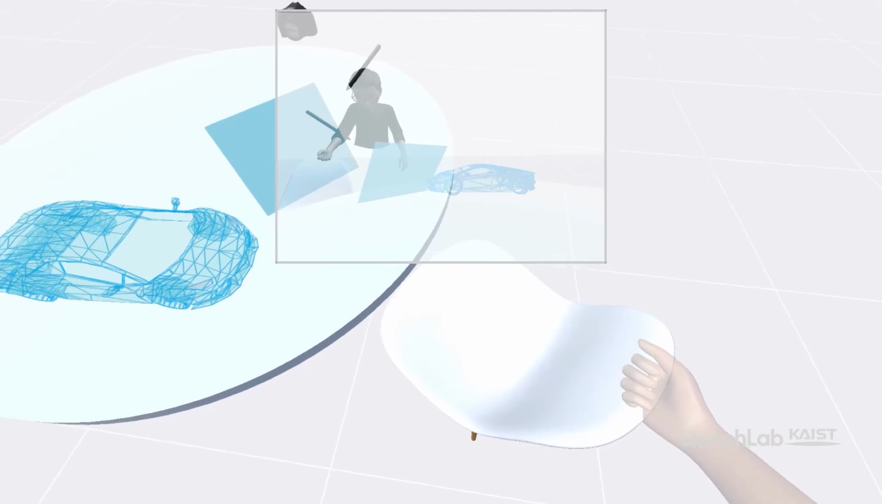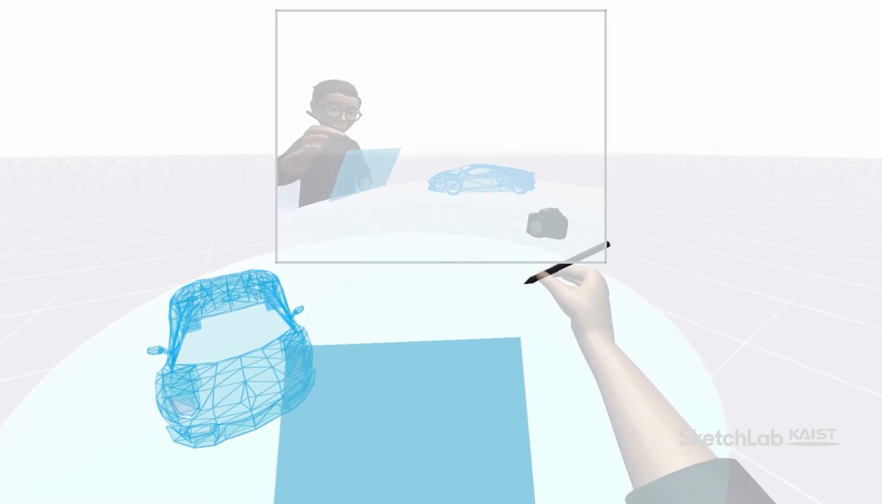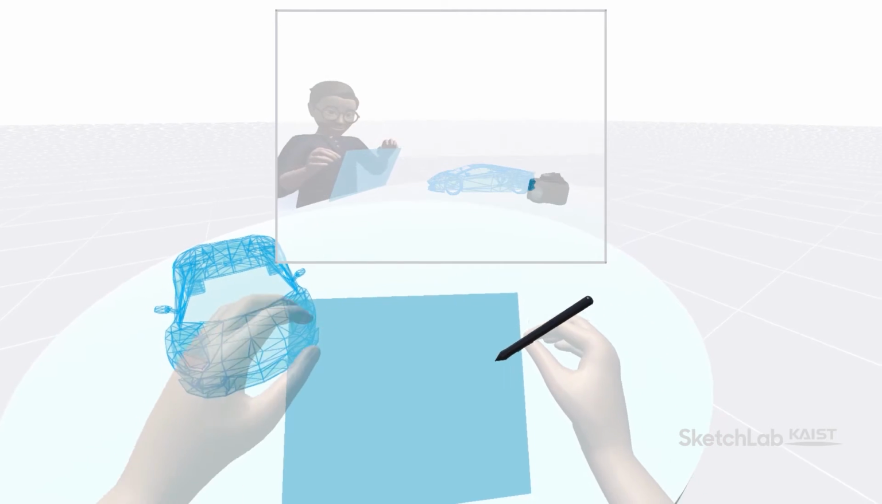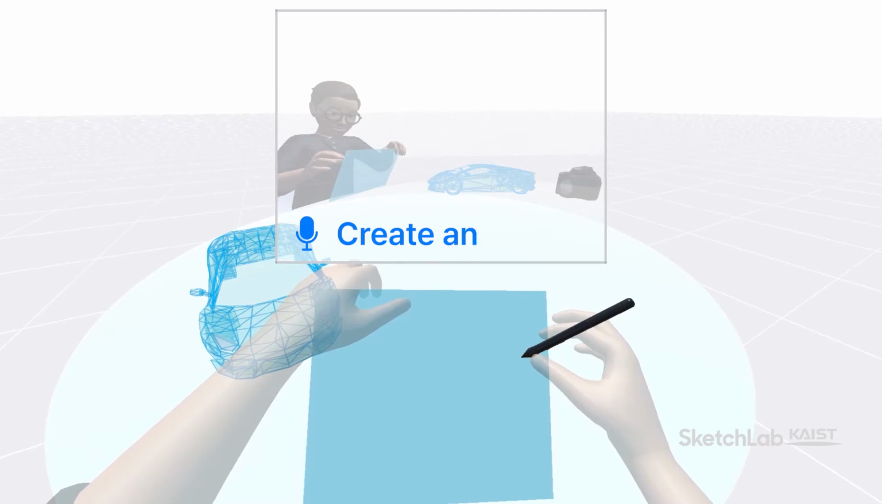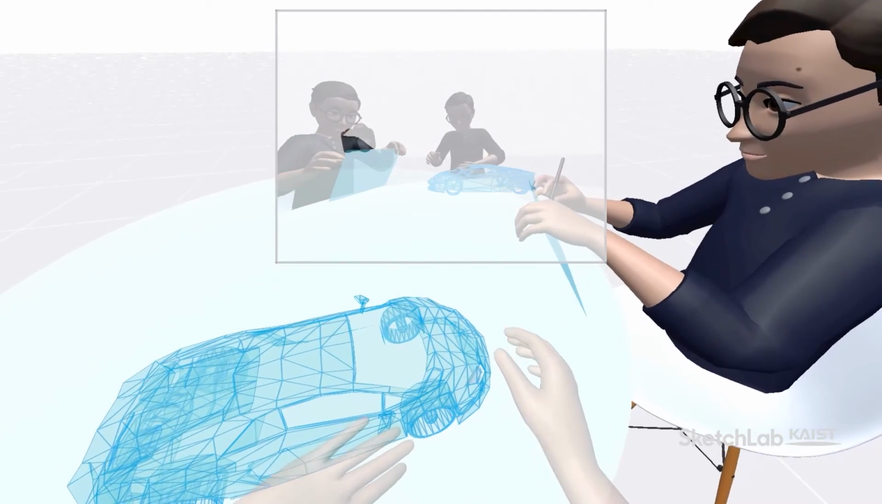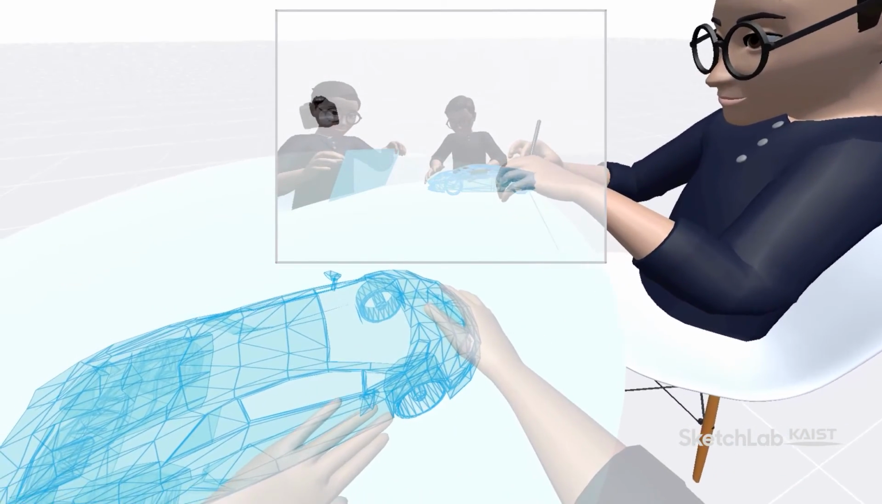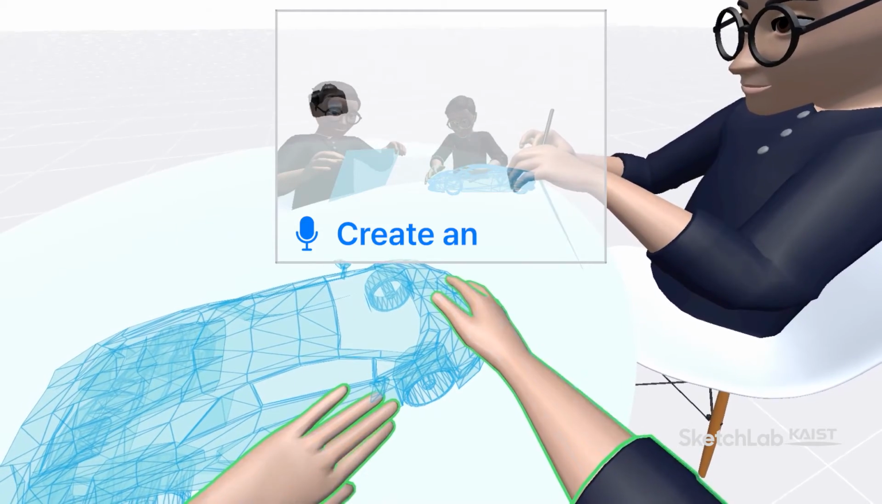The user enters a VR scene with pre-imported 3D objects and sets up the scene. The user pretends to sketch while looking at himself through the interactive picture frame. Then, the user creates an avatar with hold and speak. Next, the user moves next to the first avatar, touches the car hologram, and creates another avatar with hold and